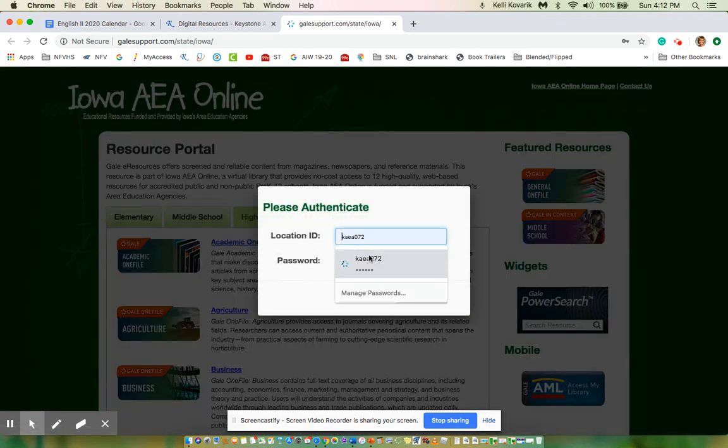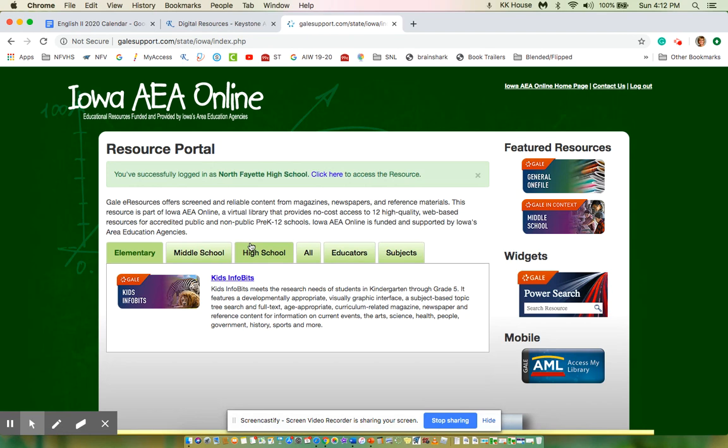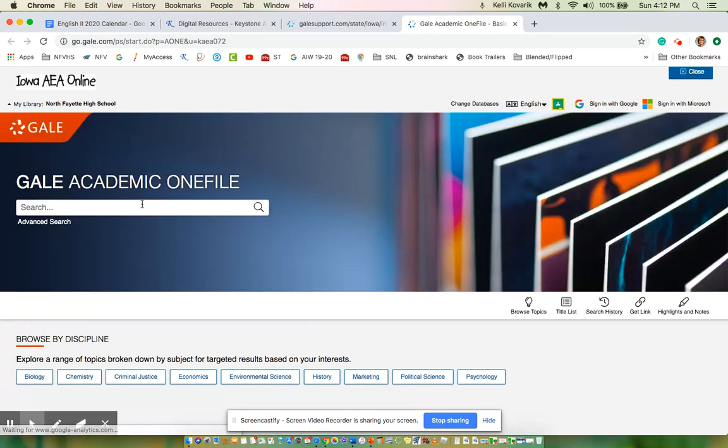Then it's going to ask for the password. That's the KAEA 072, KAEA 01. Hit sign in. Then you're going to have to hit high school again, Academic OneFile, all over again, after you've entered the password. And then you want to start not just with the overall company name, but this time when you're looking